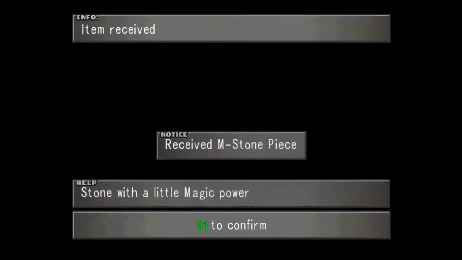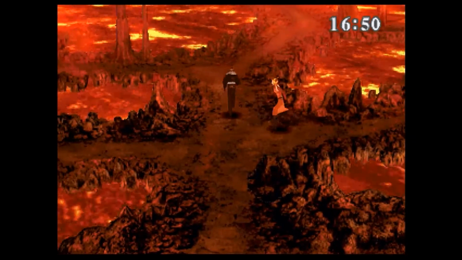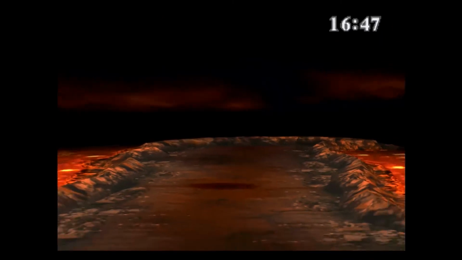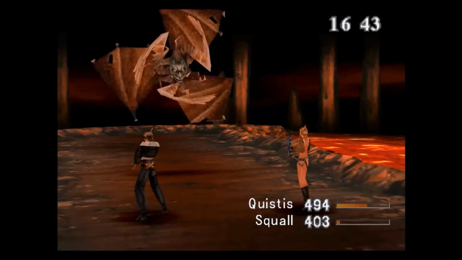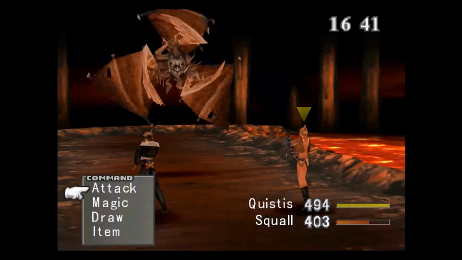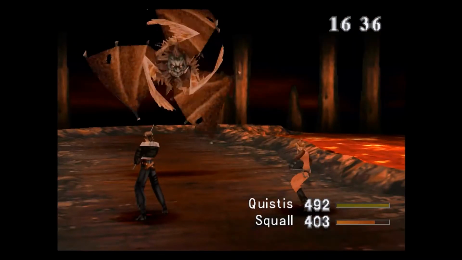An M-Stone Piece. Those things that I'm picking up, by the way, you may have noticed them in the last battle as well. Basically, you can refine them into the basic magics. There are 3 levels of those items, each one referring to one of the 3 levels of magic, which we'll come across later. I'll explain later as it comes up. For now, let's just take on this Buel, and...